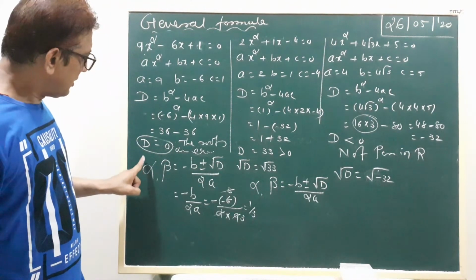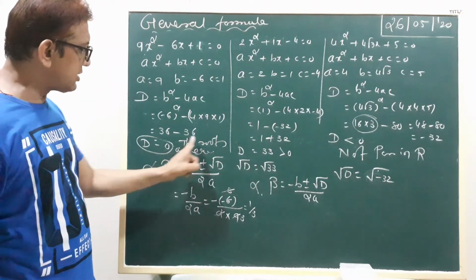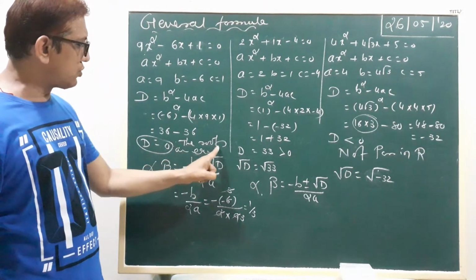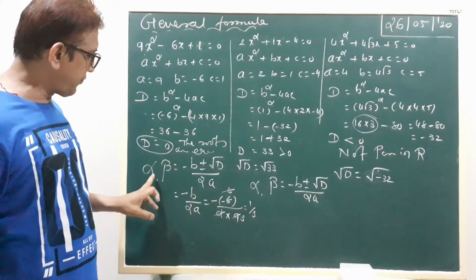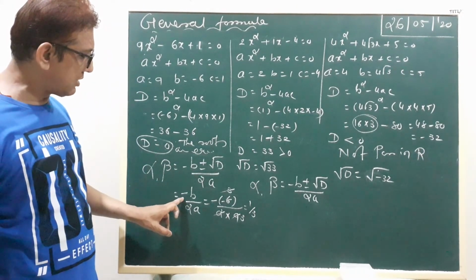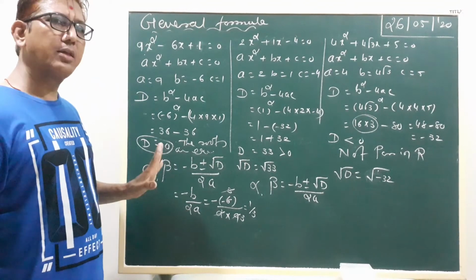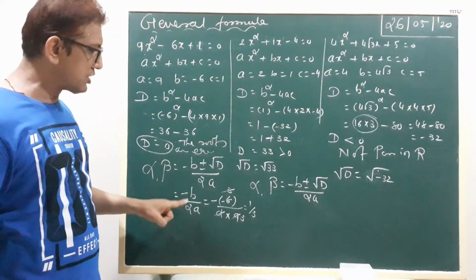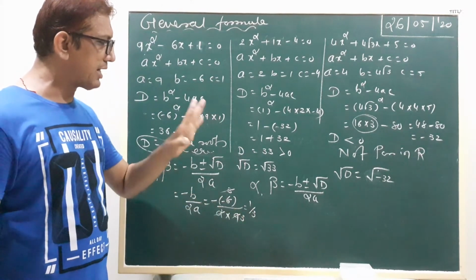Okay? So here is the most important statement, this is a half mark statement. If the discriminant equal to 0, then the roots are equal. Then we find alpha and beta. Directly we write here minus b upon 2a. If d equal to 0, then the roots are equal, minus b upon 2a. The answer is 1 by 3.